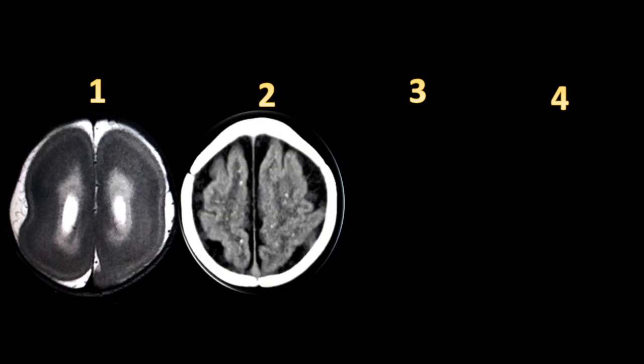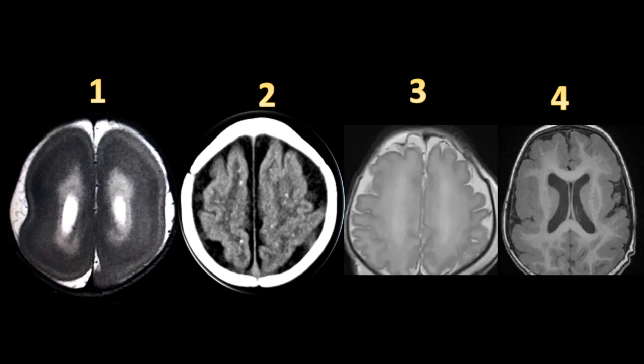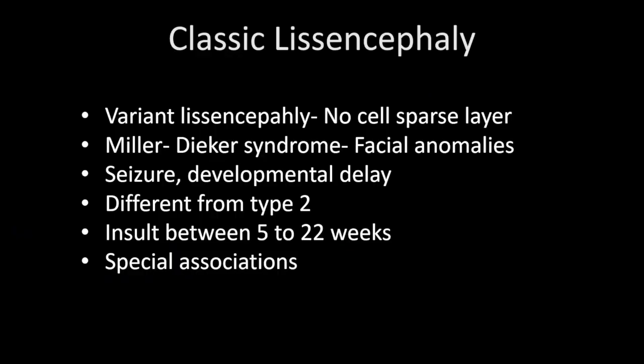So I have taken multiple cases to show the different grades. This is one, our case. This is last month's case, which is grade 2. A little bit of sulcal spaces have started forming. This is much better than this, and this is for a nearly normal sulcal pattern but thick cortex, which could also be due to polymicrogyria. So these are the different gradings of lissencephaly, 1 to 4.